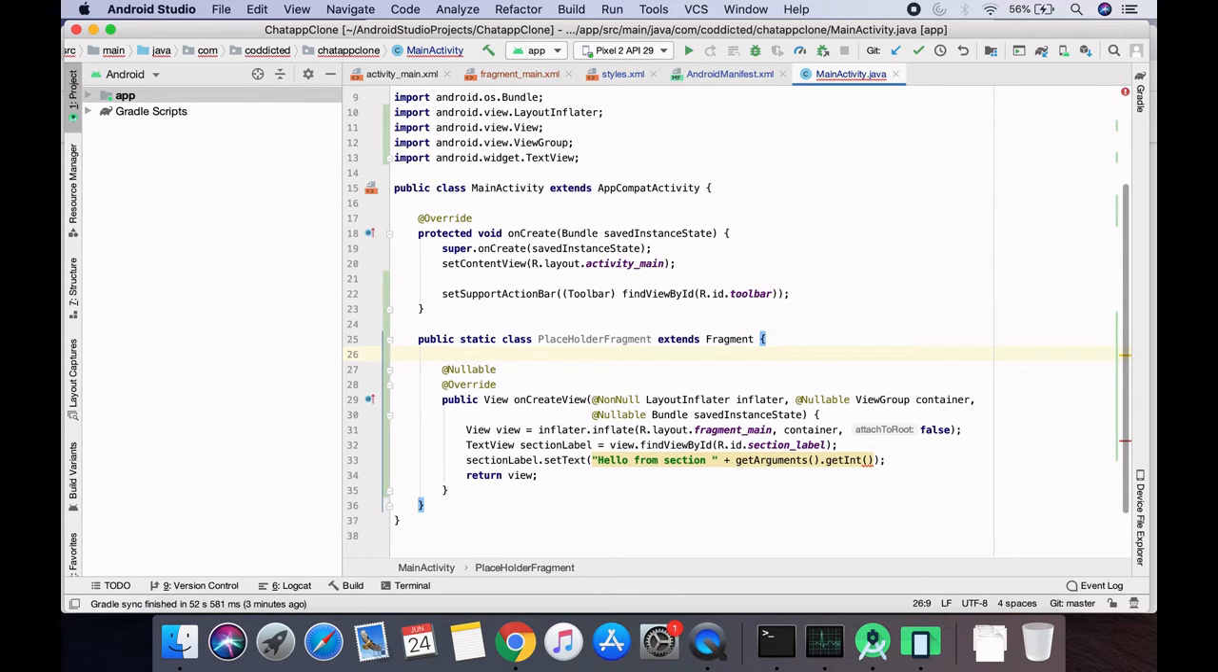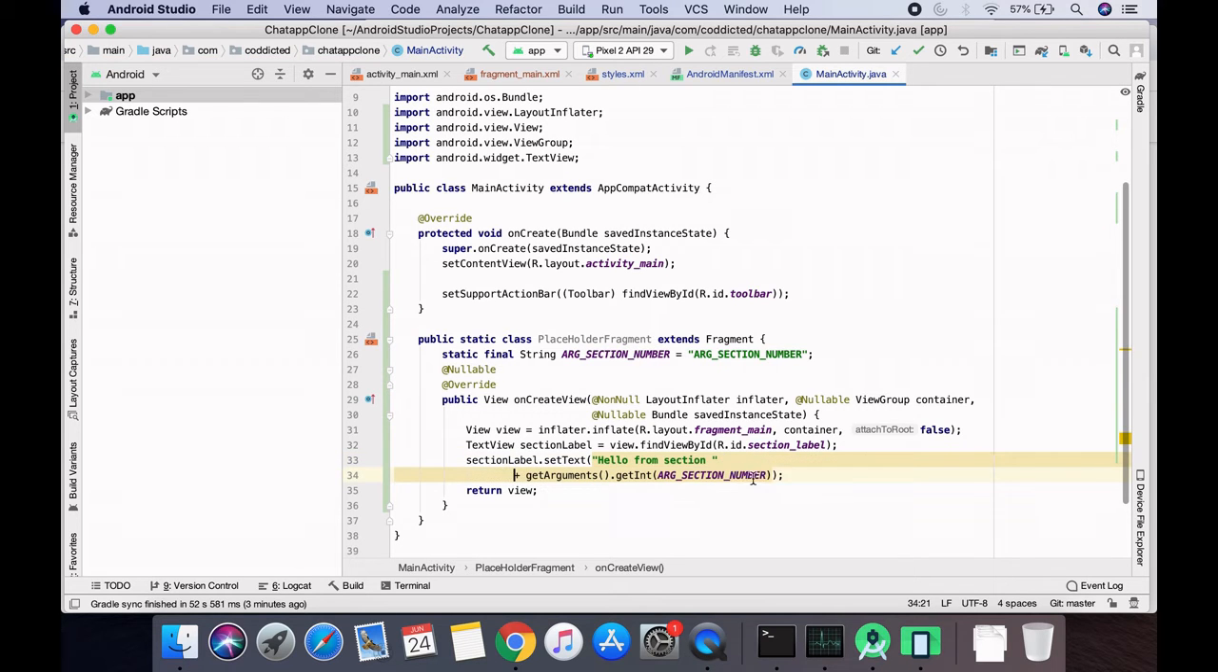So before that we will just define this key that we are going to use here, and that will be static final string argument section number, and we can name it anything. Let's copy paste this. So this will be the key. So this is similar to what we have in maps, key value pair,